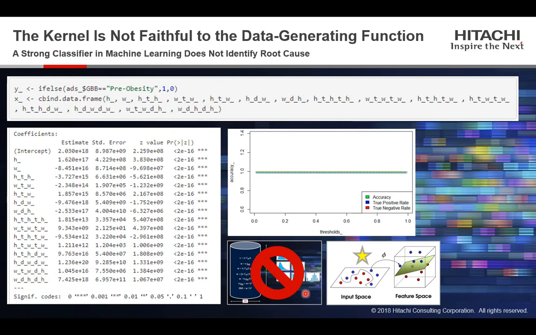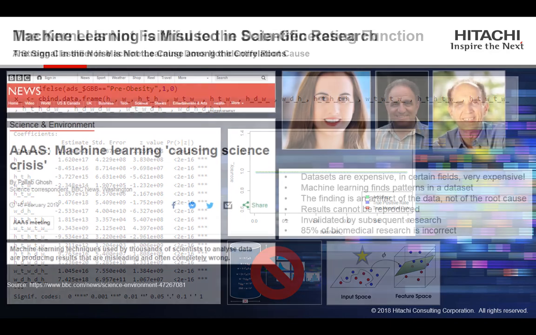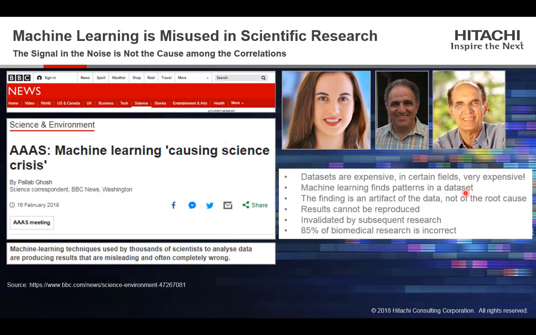So that shows the difference between a data science research program and some machine learning. Now, this is actually important news. As we sit here Sunday the 17th of February, just a day before yesterday, Friday, the BBC reported an article, and others have picked it up, on the American Association for the Advancement of Science conference, where Genevera Allen here,